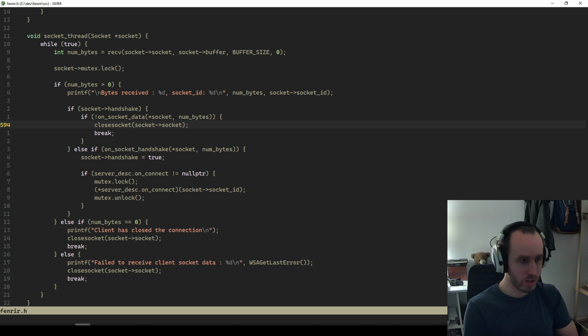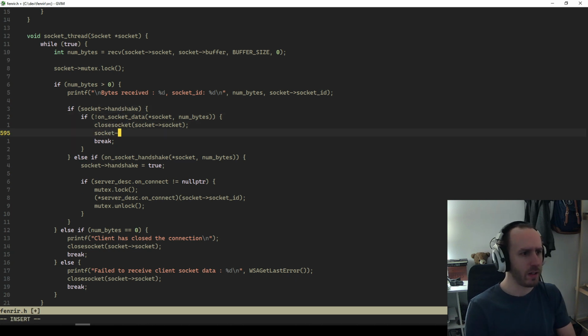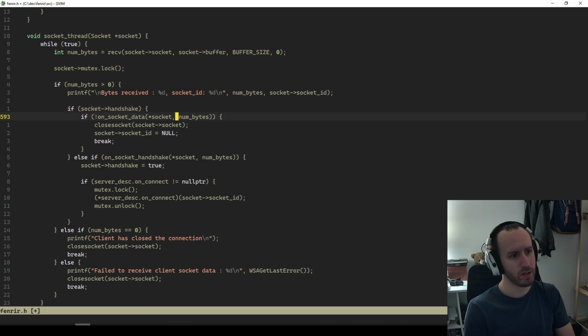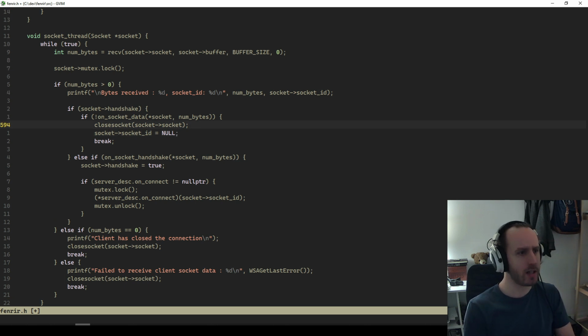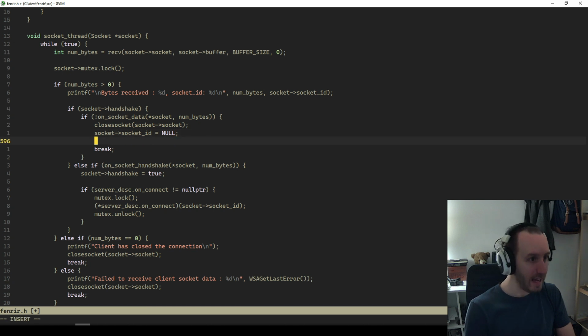So we're going to close the socket. Then we're going to set the socket ID to null, which is 0, because the socket ID can never be null. We set the socket ID to null to indicate to anyone trying to use the socket that the socket's already been closed. We close the socket, set the socket ID to null, and then we would say